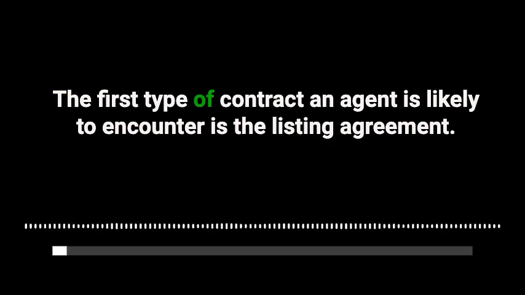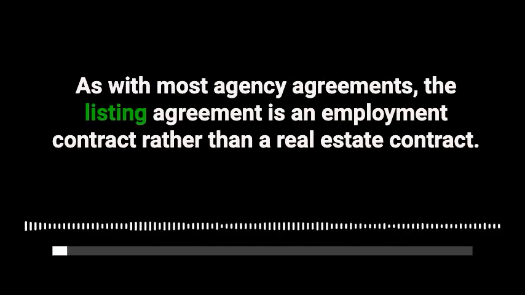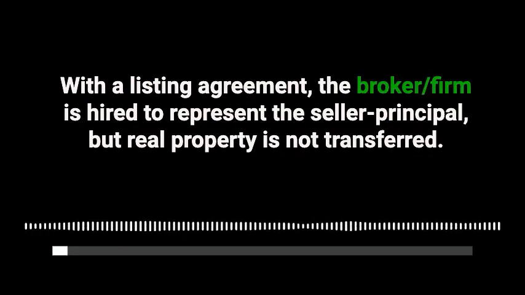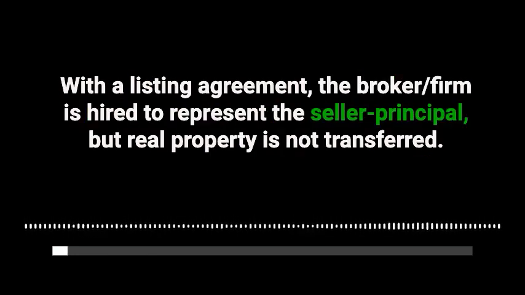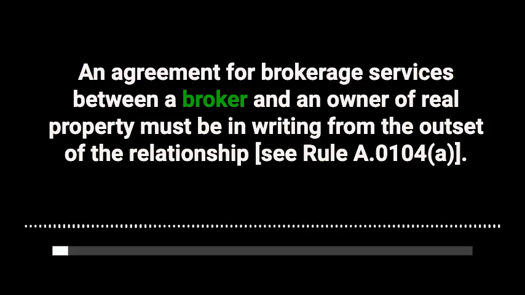The first type of contract an agent is likely to encounter is the listing agreement. As with most agency agreements, the listing agreement is an employment contract rather than a real estate contract. With a listing agreement, the broker firm is hired to represent the seller principal, but real property is not transferred. An agreement for brokerage services between a broker and an owner of real property must be in writing from the